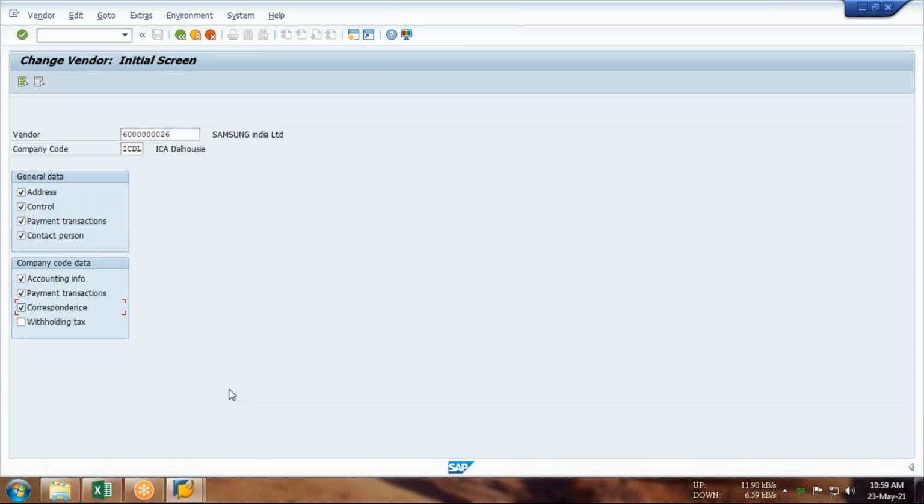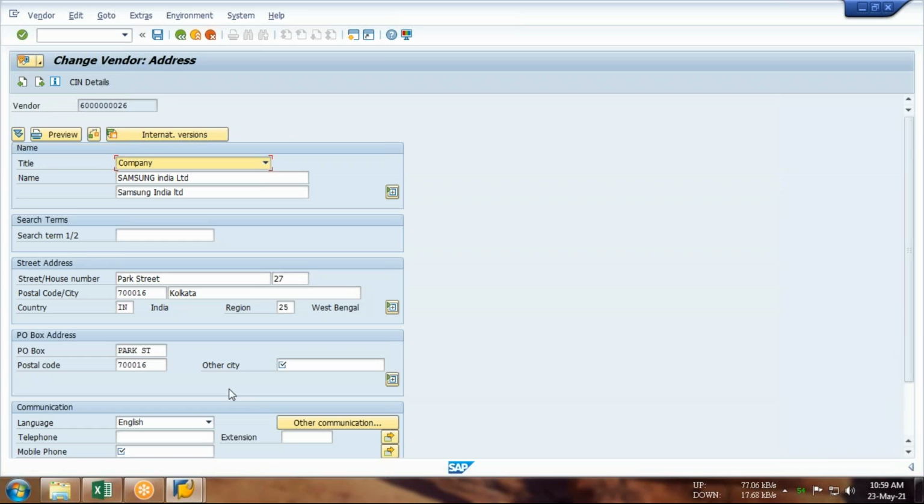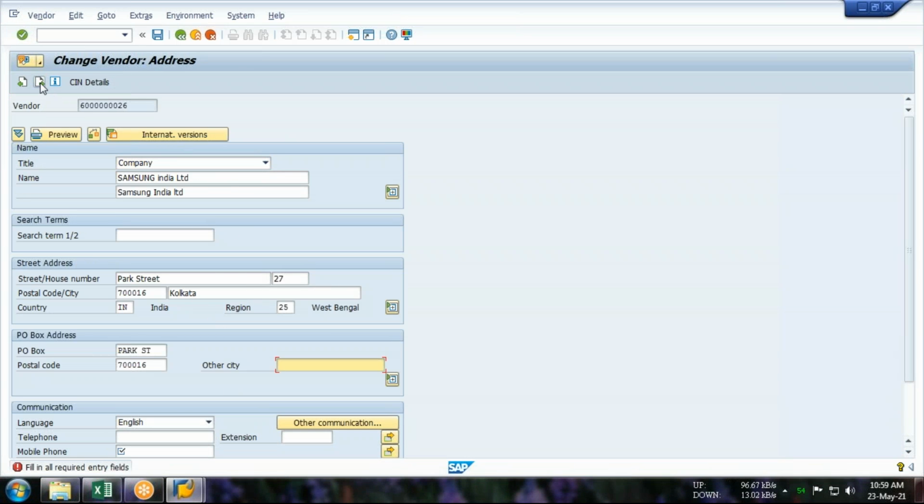Okay. So I maintain everything. Now press enter. So here you will get a chance to alter any information of your vendor. Here I need to apply the mobile phone number.